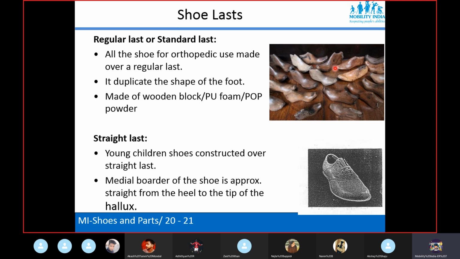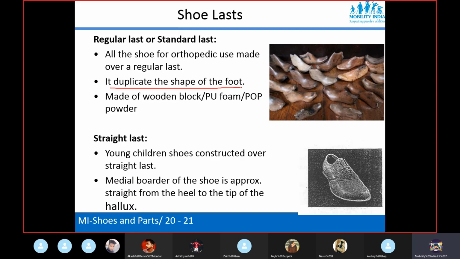This picture shows all normal shoe lasts, and any orthopedic shoe we use is made over the shoe last. It duplicates the shape of the foot.